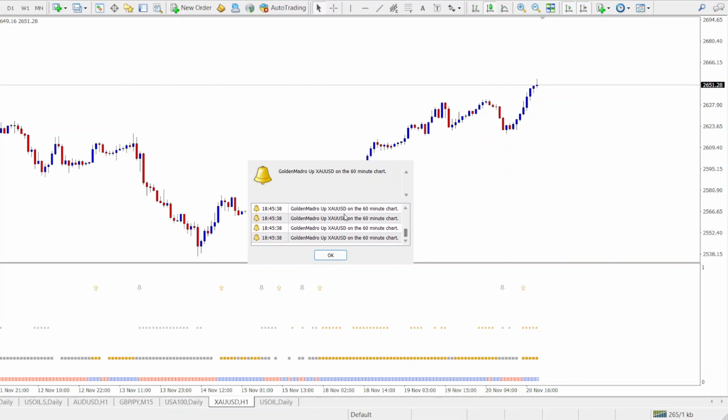So even if you are busy with other things, so long as you have your chart open, when there is a signal, the indicator is going to give you an alert. You're going to hear the alert sound,